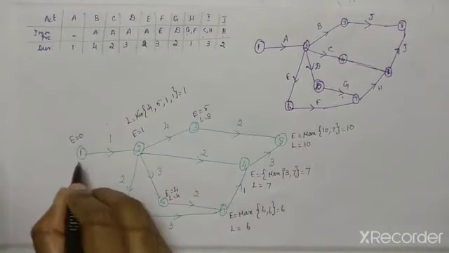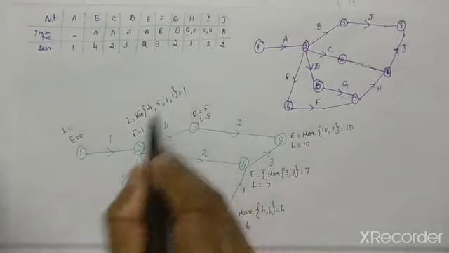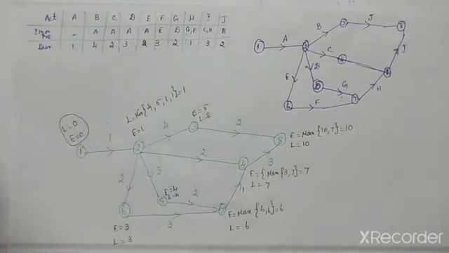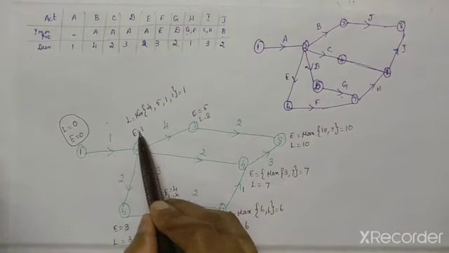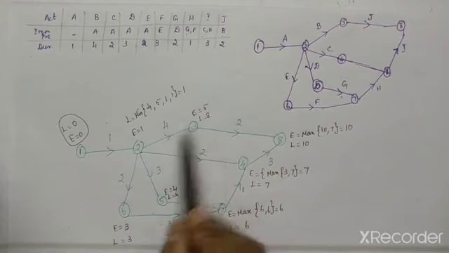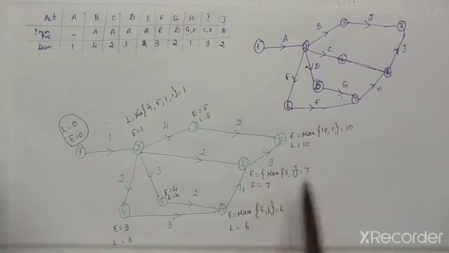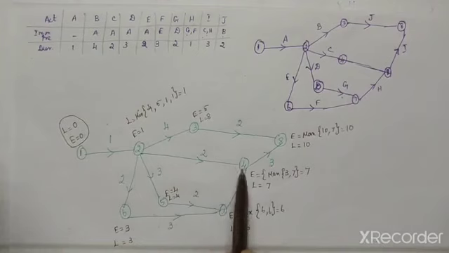So you have to come here. L is equal to, only one outgoing activity. So L value is 1, duration is also 1, 1 minus 1 is 0. So finally we get L is equal to E is equal to 0. So your calculation is over. Now we have to come to the critical path. Finding the critical path means we look for the same value for L and E. So if this is equal, this is also equal. This is not equal, so we can't go like this. This will be equal, this is also equal, this one is also equal. So the critical paths are 1 to 2, 2 to 4, 4 to 8.